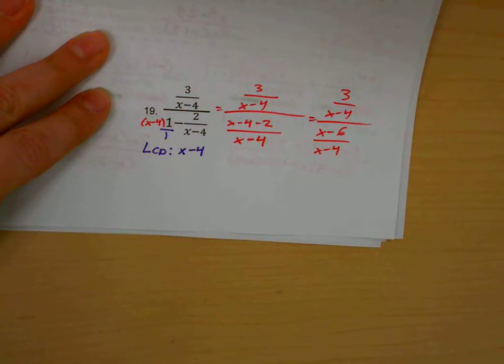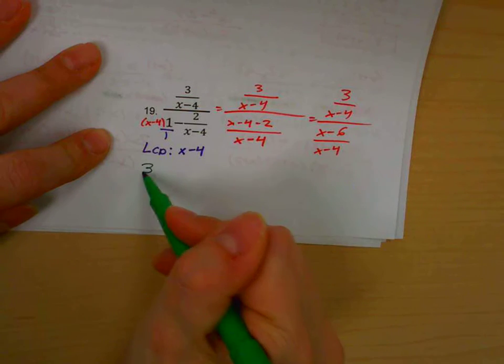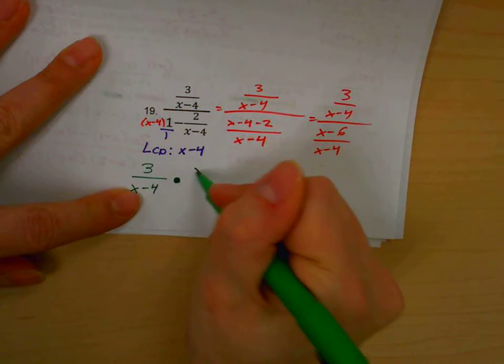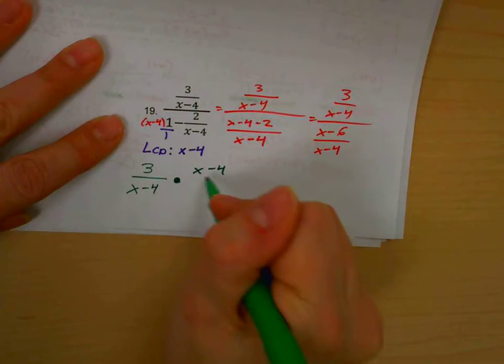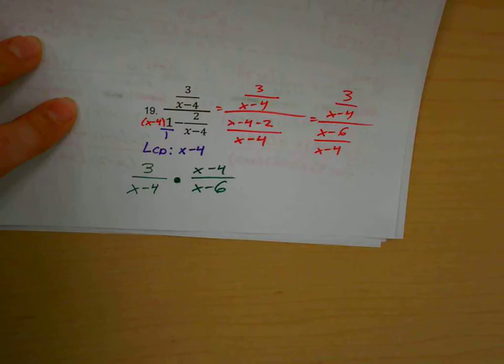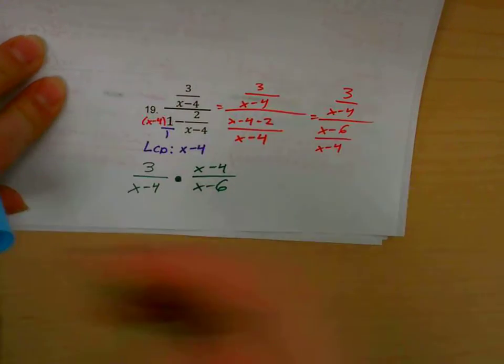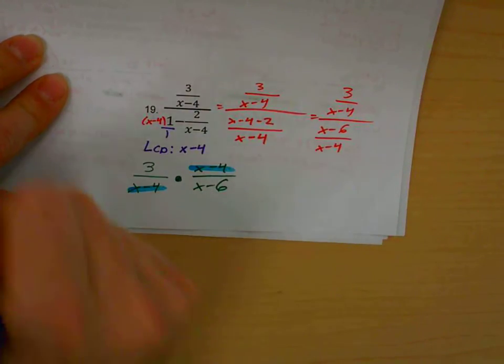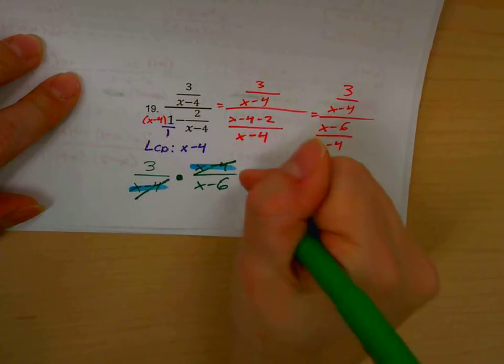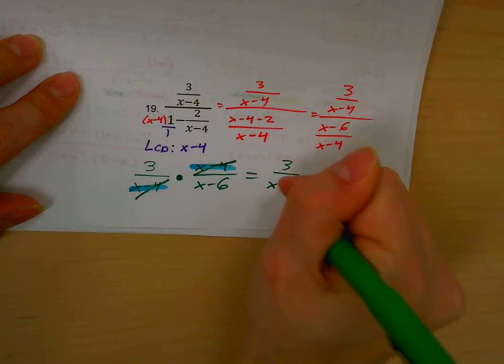And now I'm back to day 1. I keep the first fraction. I change it to multiplication, and I flip the second fraction. And I look for things that are exactly the same. So if you notice here, x minus 4, those are exactly the same. I can cancel them, which gives me 3 over x minus